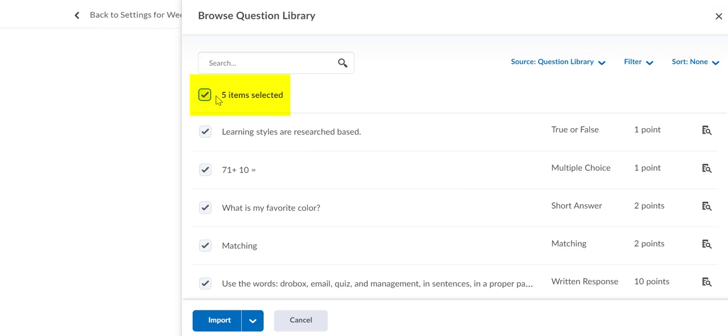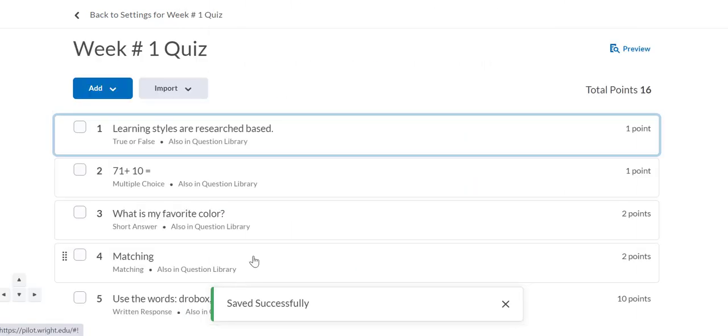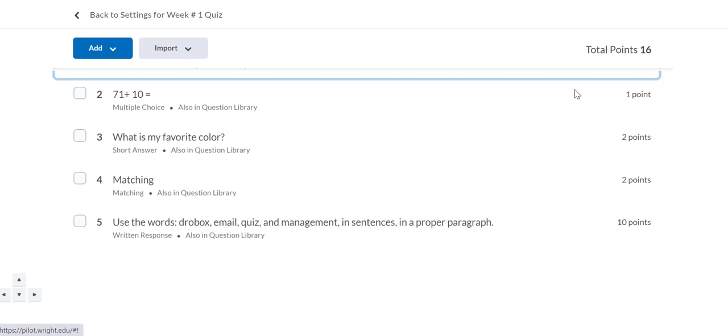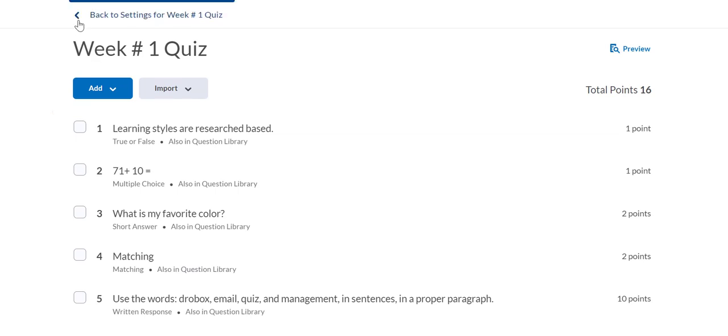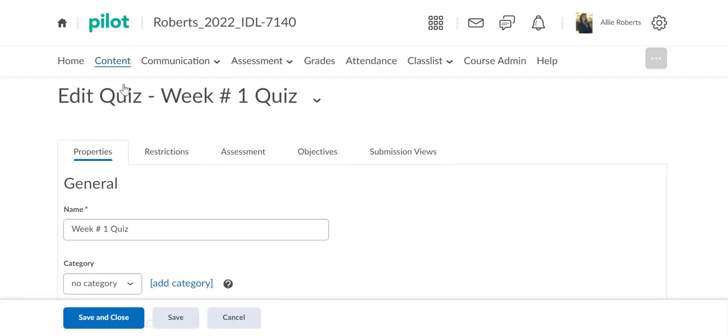So I'm going to select up here, and that selects all of them all at once. And I'm going to hit import. So now I have imported my questions. My total quiz is worth 16 points as of right now. And I'm going to go ahead and go back to the settings so that I can adjust those for my